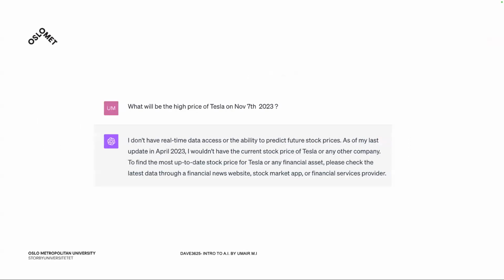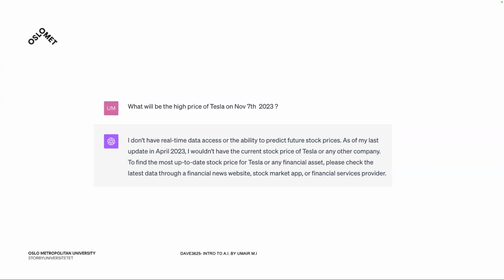There are many ways to do that. Let's take a simple example: you want to predict the price movement for Tesla stock. I wanted to predict for November 7th, which was yesterday, the high movement for Tesla stock.